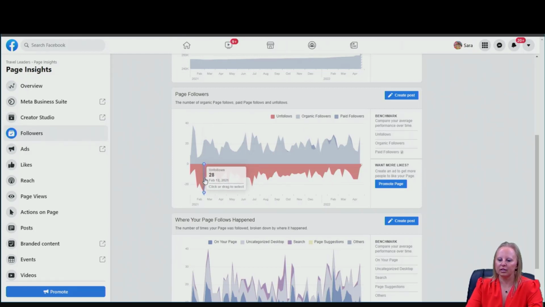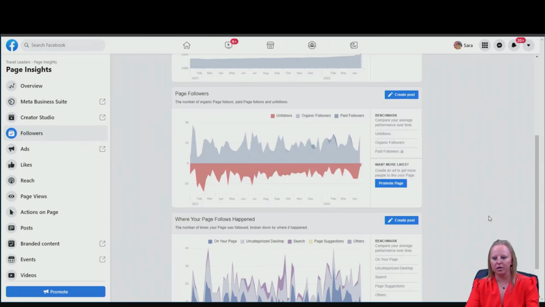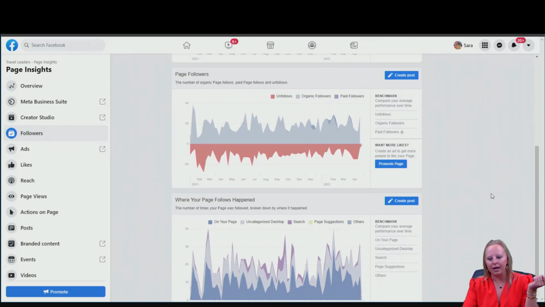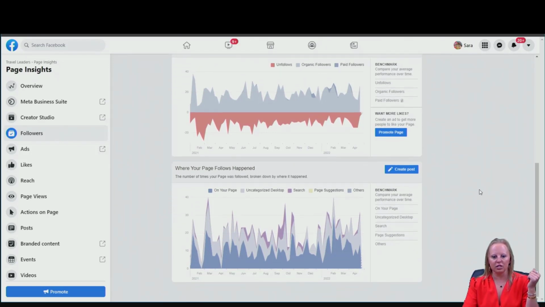But it's super important to look at things like this because when you start to notice that there's a big spike, right? For example, right here, 28 people unfollowed us on this day, on February 12th. I would go back and say, what did we do on February 12th? Because that's a big number to have 28 people unfollow us in one day. Now, it looks like we're getting unfollows on a regular basis here or there, but these are great things for us to look at. It could be things like we posted too many times in one day. It could be something that we posted, I don't know, something really boring, but there's usually some sort